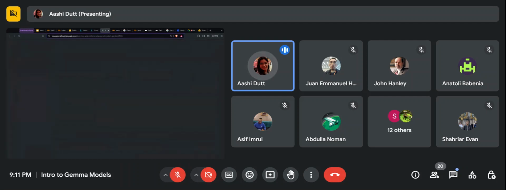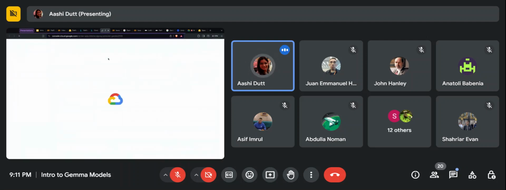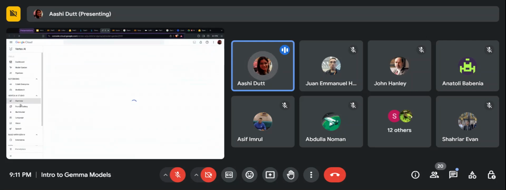So if you're not well versed with Google AI, Vertex AI Model Garden, here is an outlook for you. I'm not really logged into this, but I can give you a really quick overview of this. So, Vertex AI Model Garden. If you go to Model Garden, I think